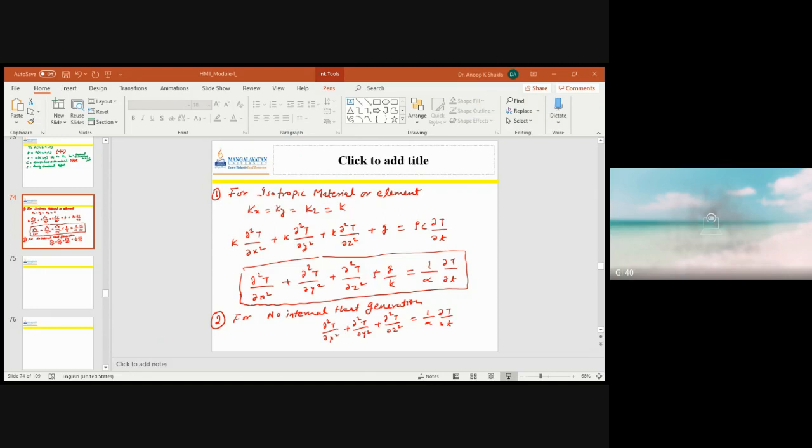So this equation we can also obtain by transforming the rectangular coordinates using this relation. Okay, so when we simplify this equation as compared to that,